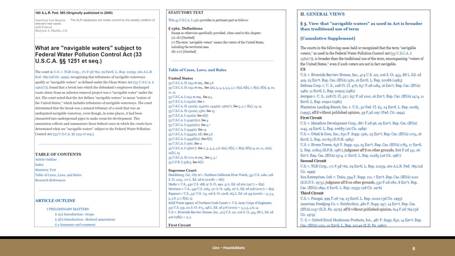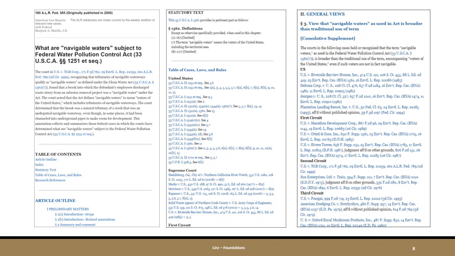Here's the table of contents for the annotation. You get the outline, the index, and it handily provides the statutory text because it's so relevant here. Then a table of cases, laws, and rules, and research references. You see the next page gives us the section 1362 definitions, the citation to the U.S. Code, more citations to the U.S. Code, and then it starts with giving us Supreme Court cases,